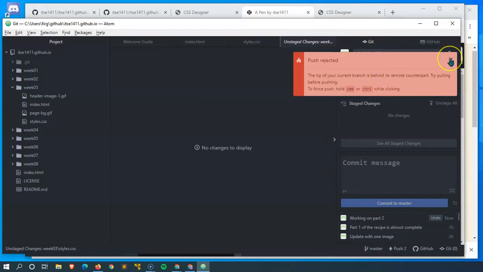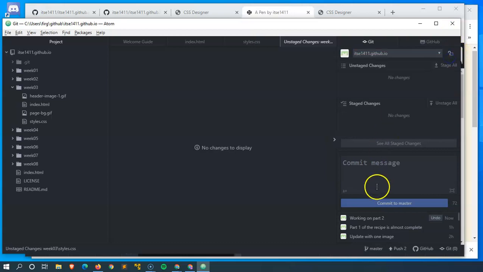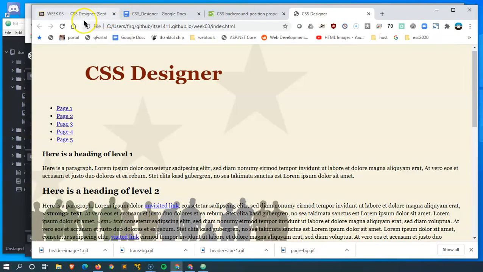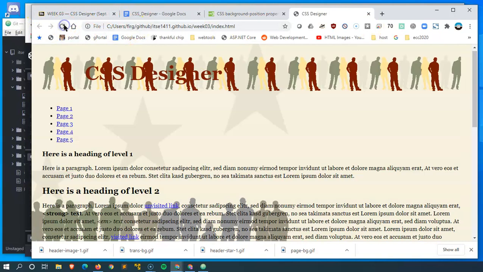Probably because there were some things that were moved up there at some point. I'm going to push and force it. Since it's just a little file that I'm working on, in a real project I would take more care about doing that. But here locally, hopefully if I do this, I can reload the page and see that